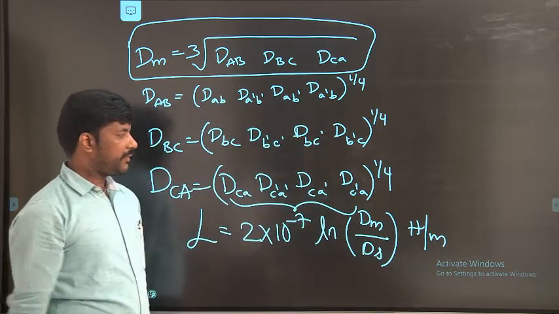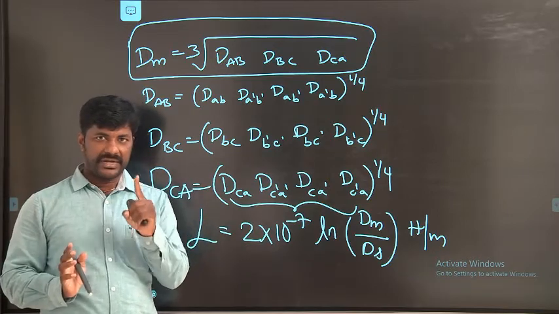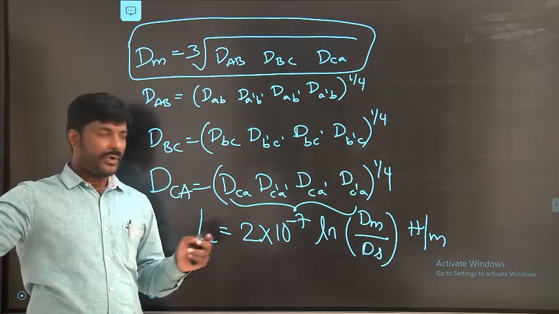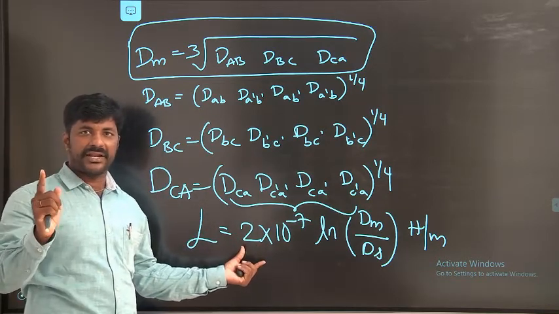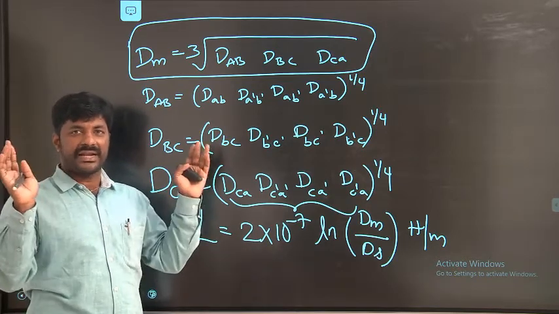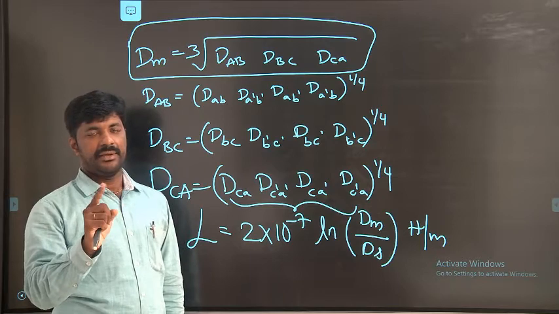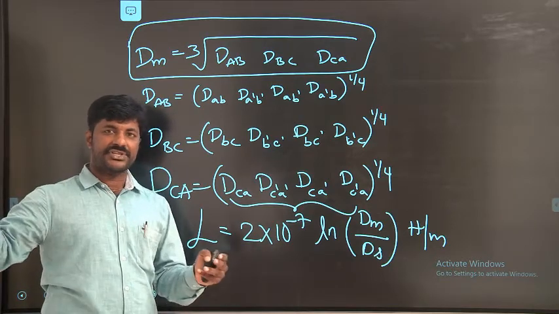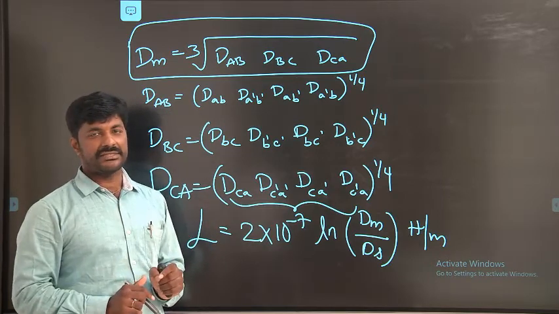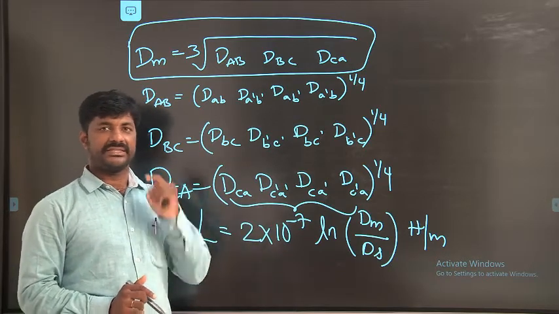All of you remember a very important last point. All calculations we have done are only for 1 meter length. If the transmission line is erected for 10 kilometers, whatever value is obtained from this formula, you should multiply it with 10k, that is 10,000. Then you will get the overall inductance of that entire transmission line. It's a generalized formula given only for 1 meter length. Later, if you want to go for the length of the transmission line, you should multiply that answer with that many meters. Then you will get the overall inductance of either the single phase line or 3 phase single line circuit or 3 phase double line circuit.